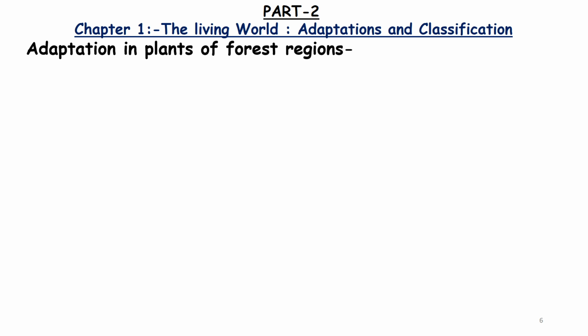We all know about the forest. Forests are very thick. A variety of plants, trees, shrubs and herbs are found in forest. Here we all know that trees are huge plants, shrubs are smaller in size and herbs are medicinal plants. Okay? These plants compete among themselves for sunlight. Means always there is a competition among the trees for getting the sunlight.